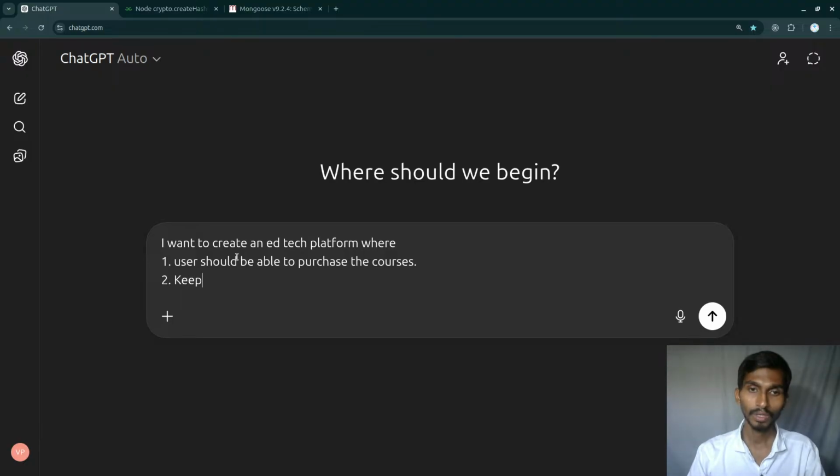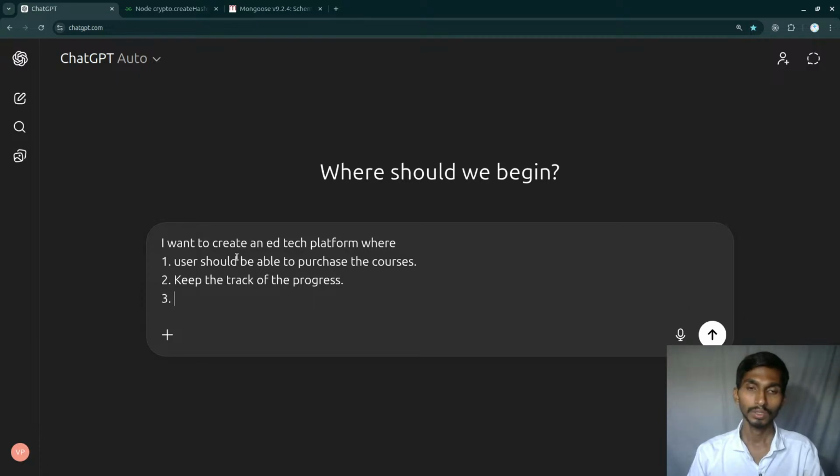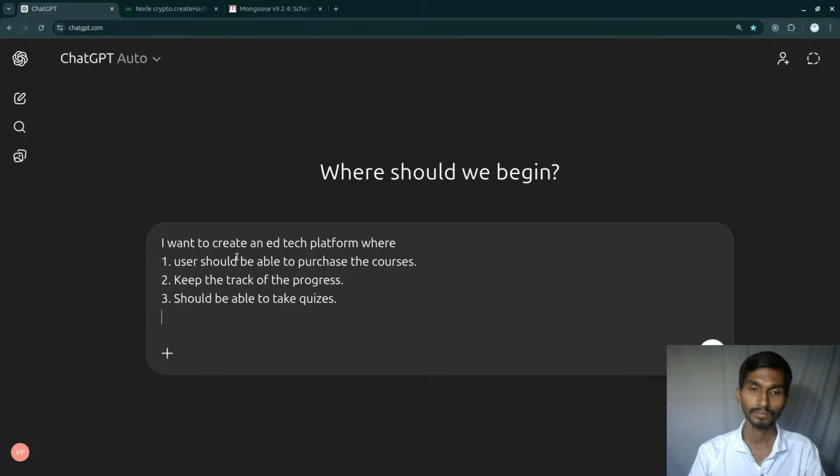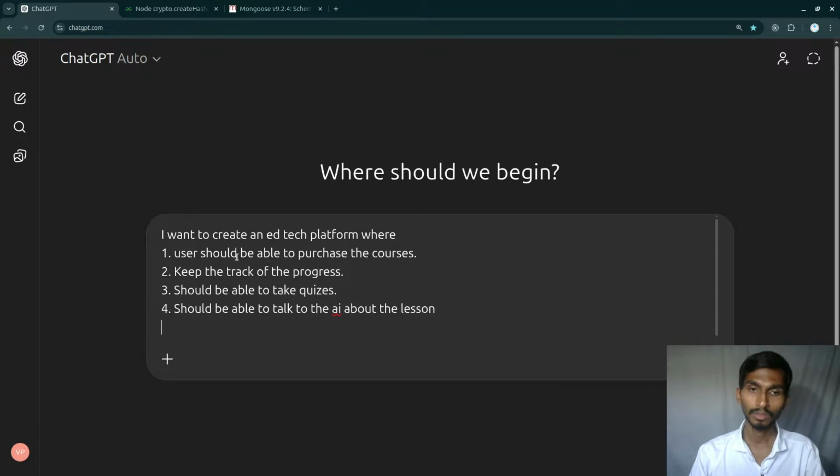Second, keep track of the progress. Third thing, should be able to take quizzes. Fourth, should be able to talk to the AI about the lesson. Fifth, instructor should be able to create the courses, quizzes,